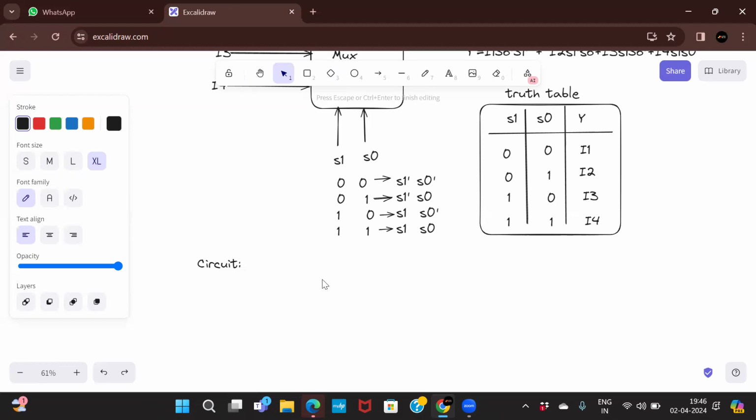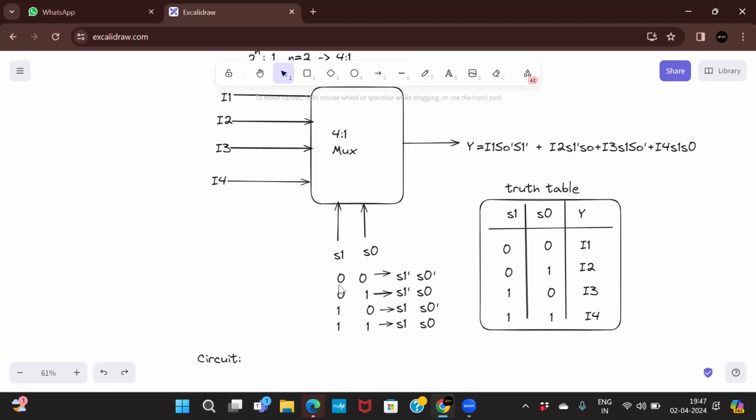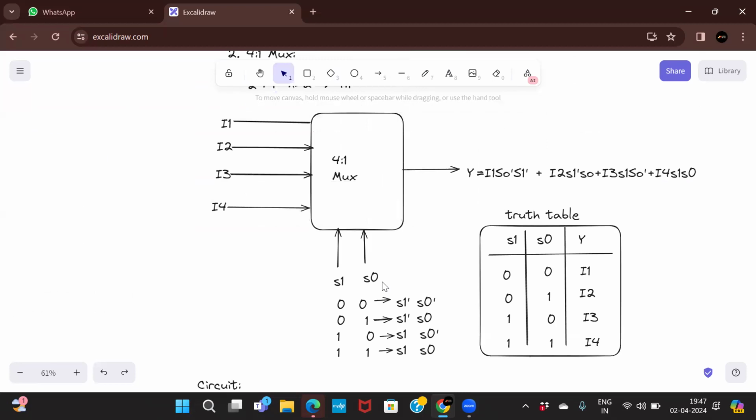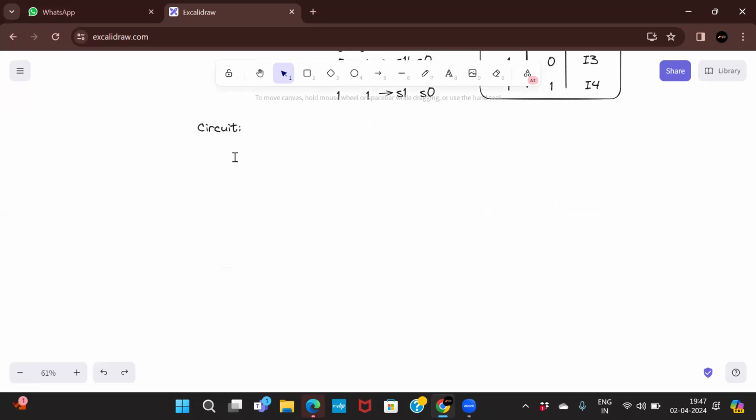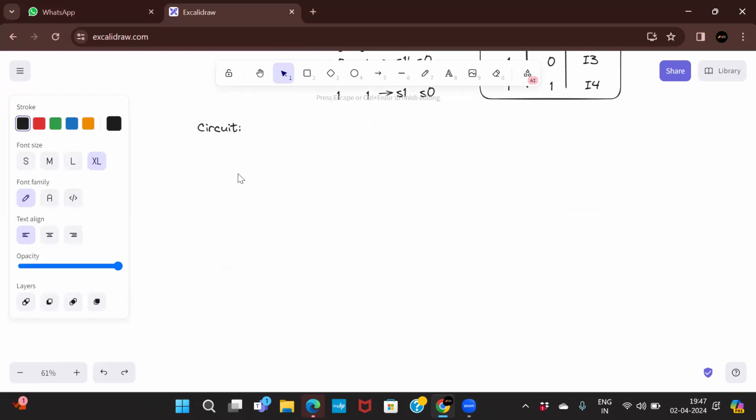So what are the variables we have? S1, S0, S bar, S1 bar and S0 bar, 4, as well as I1, I2, I3, I4. So simply I'll just connect, take I1, I2,